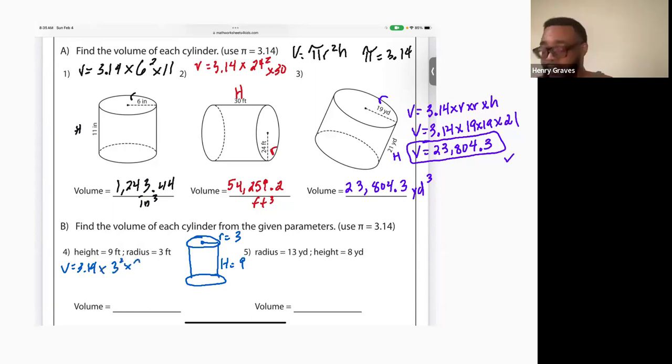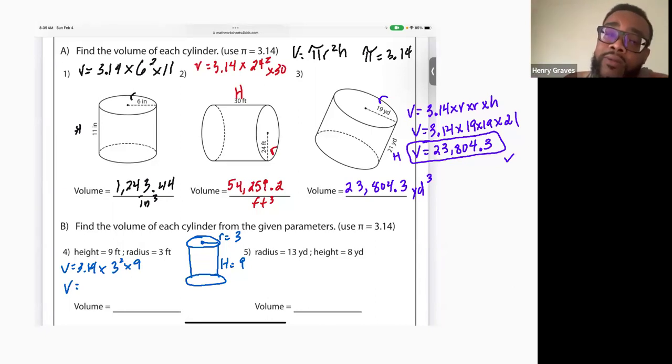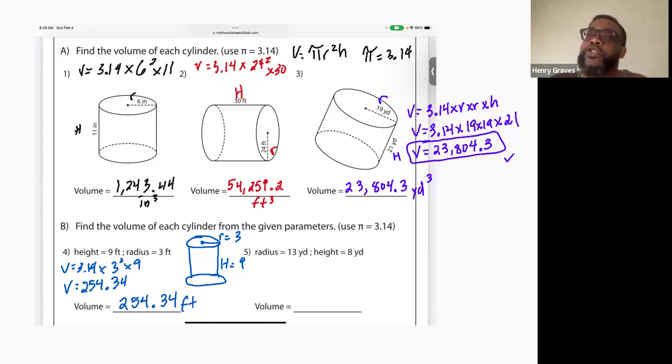Times 3 squared times 9 is 254.34. So the volume is 254.34 feet cubed. There we go. And y'all see I do it in different colors so y'all can kind of follow along which one I'm doing, right? On this one here, we're going to have the same similar thing, right? Here's my radius. Here's my